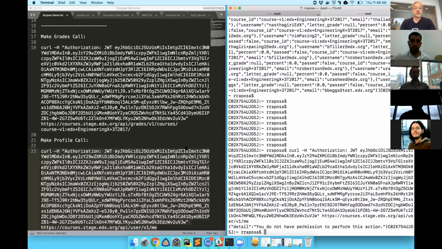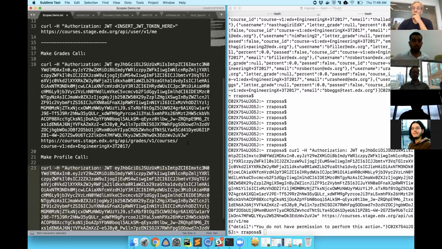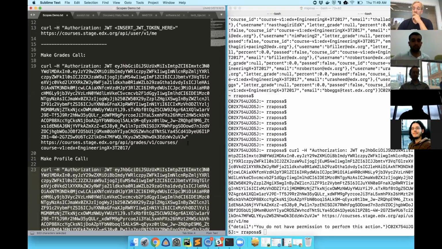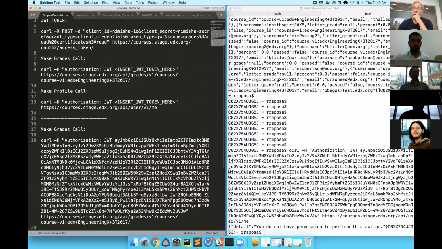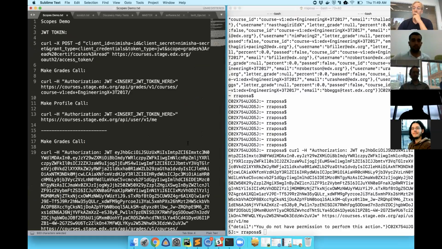So let me tell you a little bit about where we're heading with this as well. I might give you some context. JWT is a JSON Web Token, right? And the curl statements that Robert did here, the first one was against our OAuth endpoint. So we are using OAuth 2, right? That's our protocol and our standard for getting these tokens.